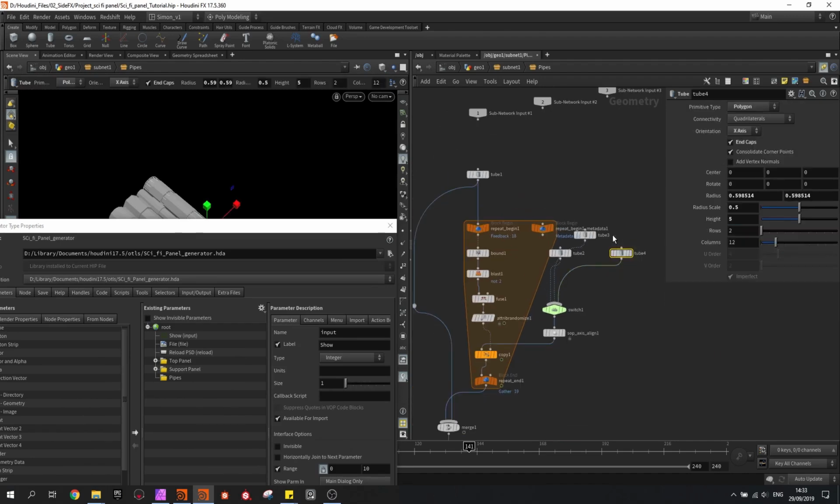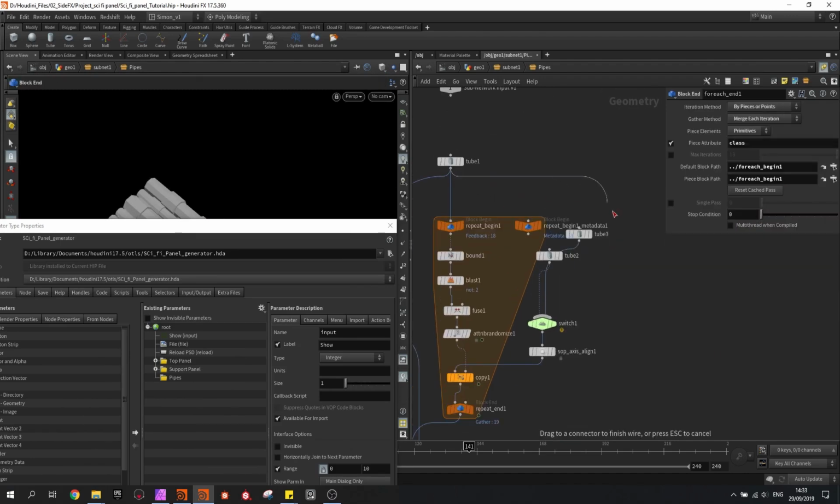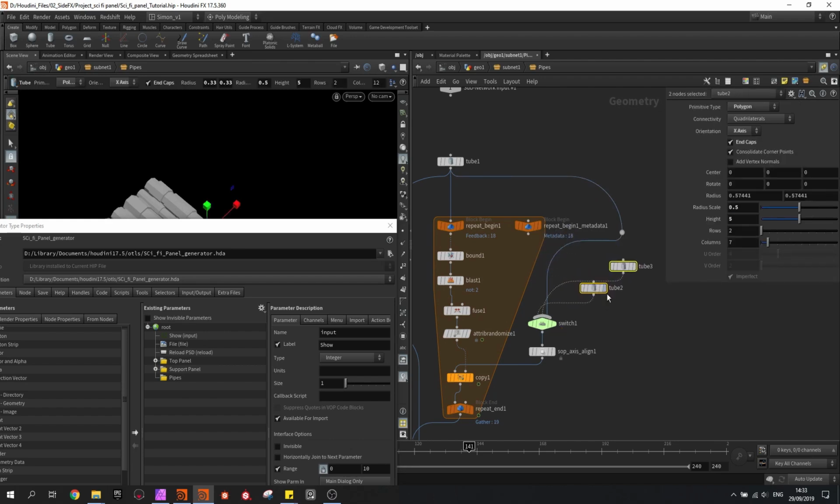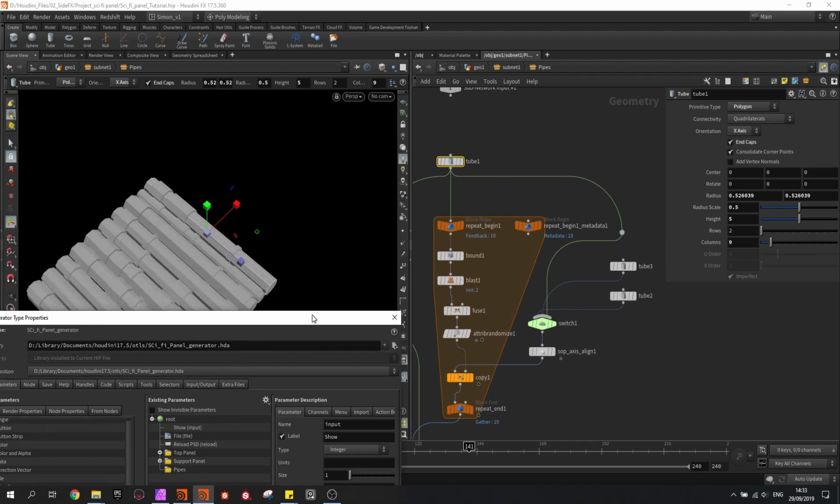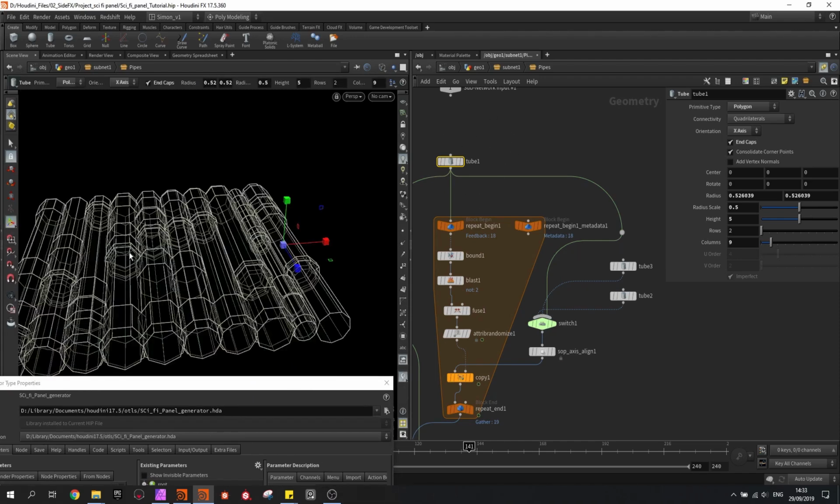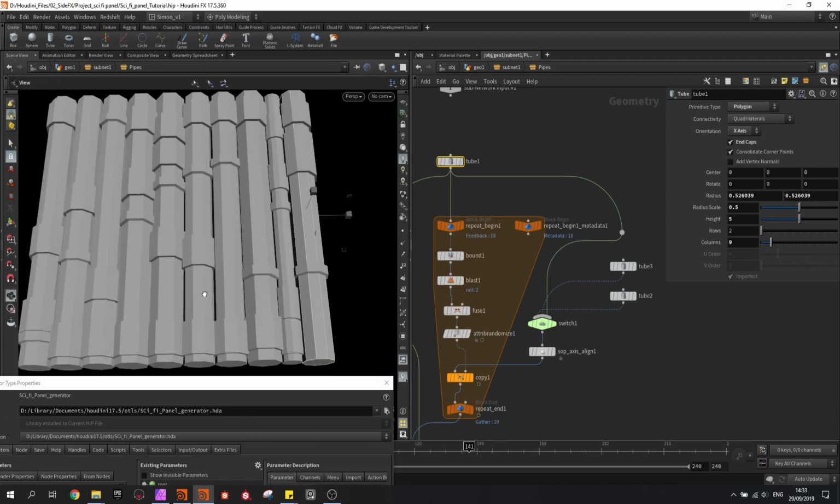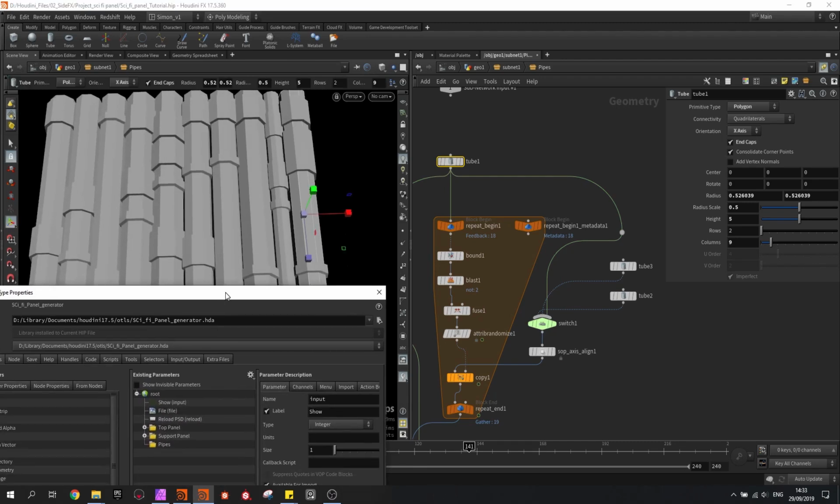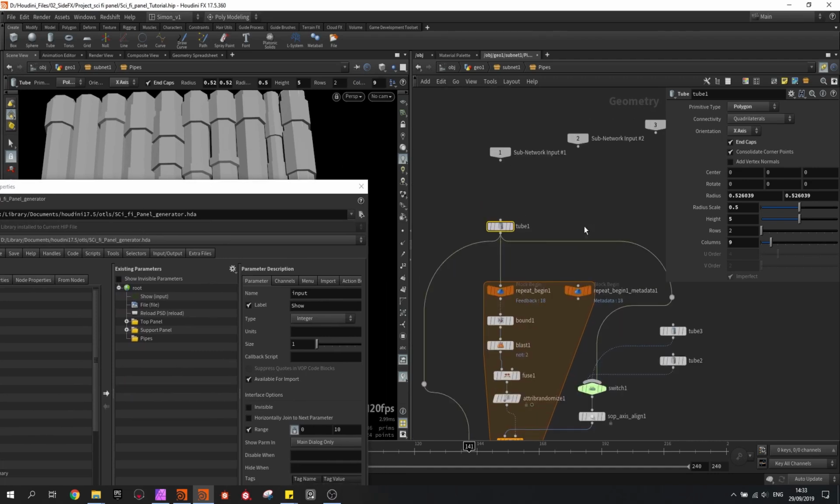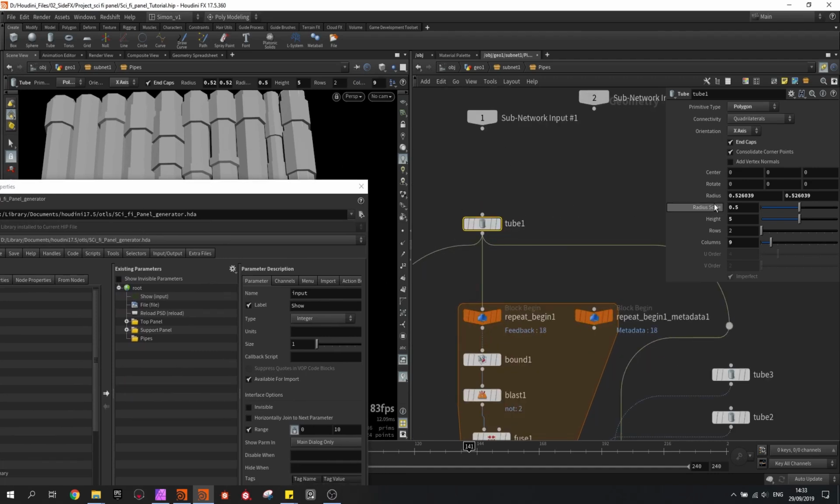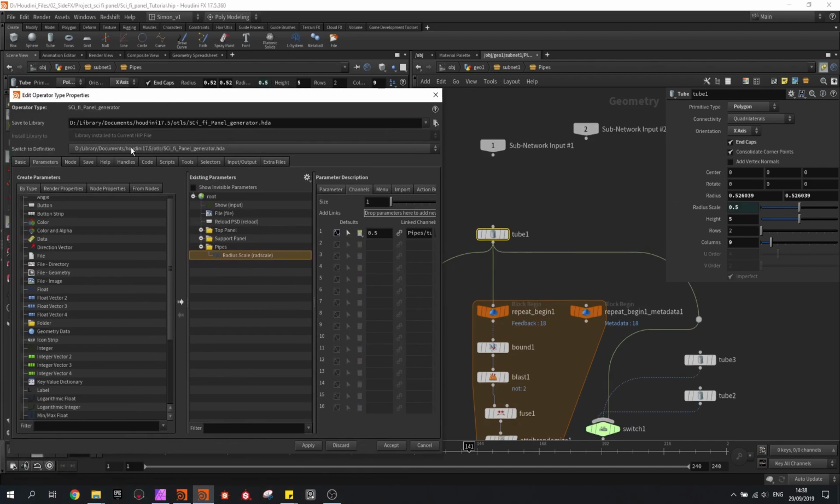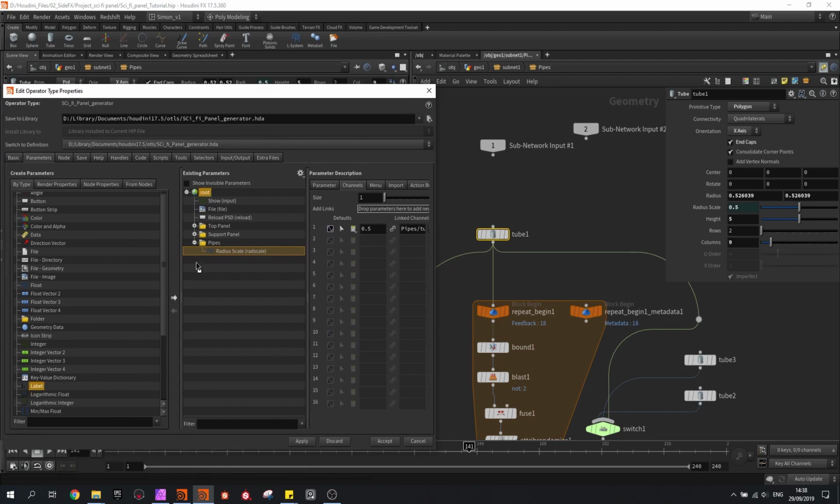I'm going to replace one of these cubes with the original cube, and I'm going to expose the radius and the columns of these tubes so we can actually control the amount of pulleys that we are putting out and also how big they are. So I'm going to start with that. So I want to expose the radius, and I will also create some labels,